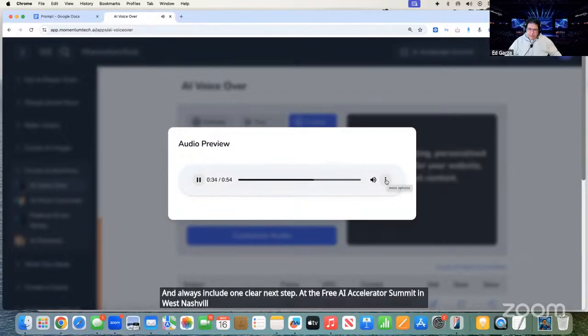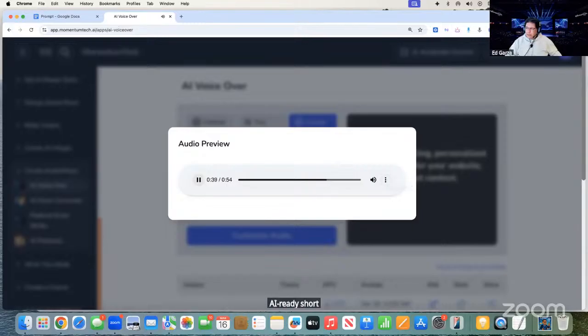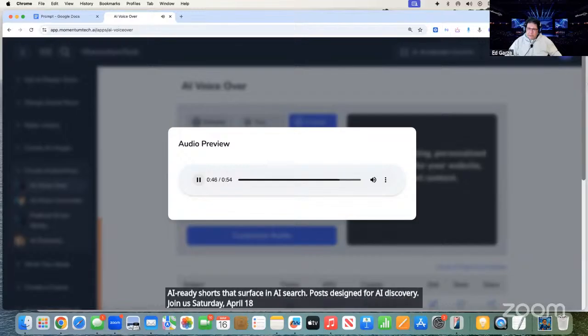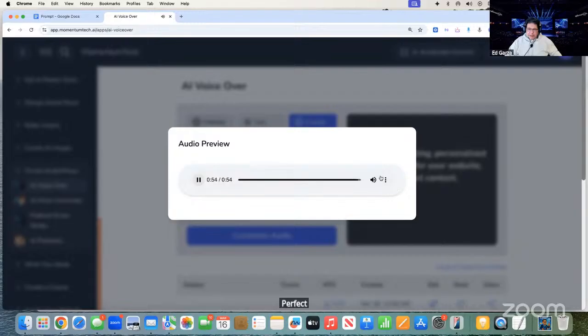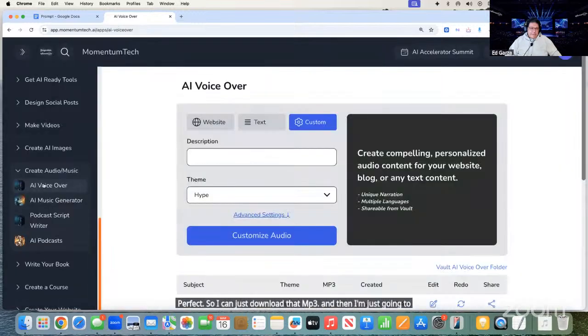At the free AI Accelerator Summit in West Nashville, we'll show you exactly how to build. Answer pages that AI assistants can discover. AI-ready shorts that surface in AI search. Posts designed for AI discovery. Join us Saturday, April 18th. You can also get AI 3 Ready certified on site. Claim your seat now, MomentumTechAISummit.com. Download that MP3. And then I'm just going to come right in here in the videos and I'm going